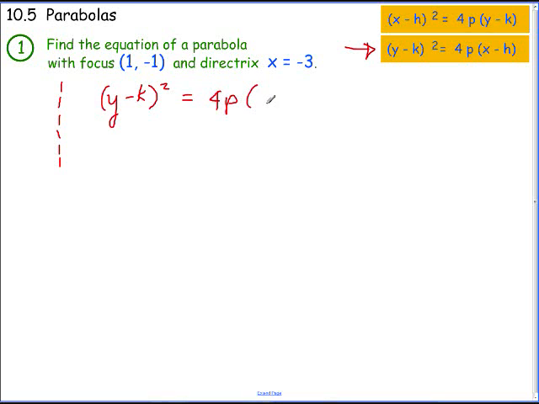4p(x - h). Let's think about this. Why don't I sketch it? Wouldn't that make a little sense? Just a little sketch. So if I've got x equals -3 and my focus is at x equals 1,